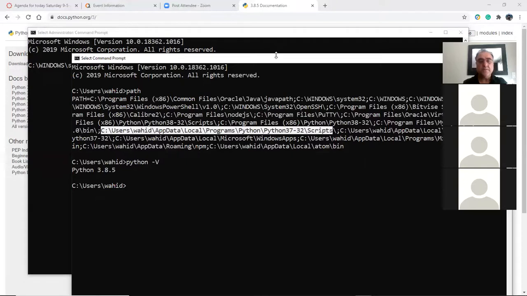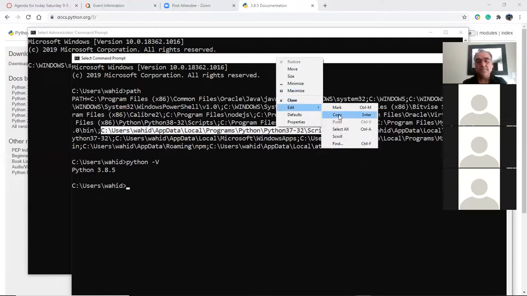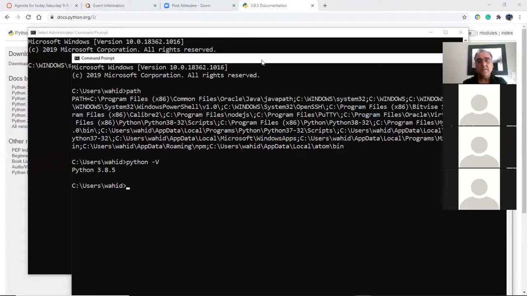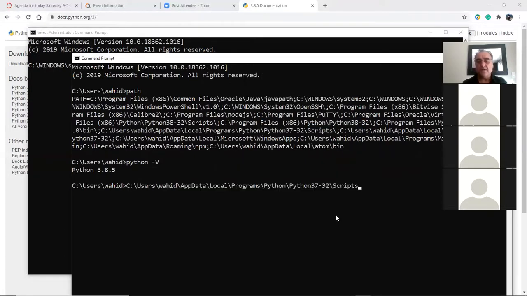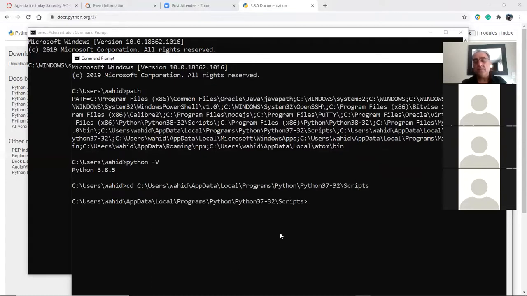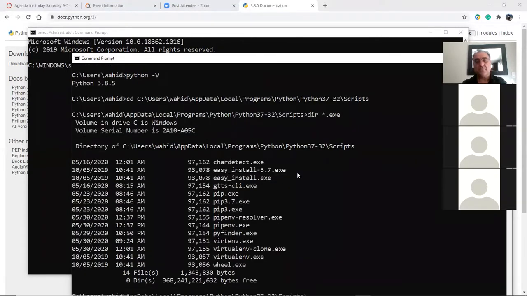Script, edit, copy, and edit, paste. So when you do that one, let's say I want to just cd to that one, change to that directory. Now I'm there. Now, notice there's a lot of exe files, and one of them is python.exe. So all the binaries that Python provides on that one is,